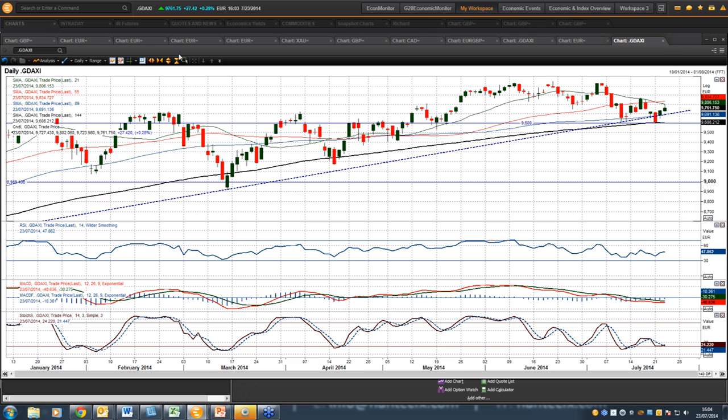Now, the caveat to that is the fact that DAX has been unable to break through 9,800 today, which is a bit of a pivot level on DAX. It pretty much hit 9,800, yeah, 9,802, so pretty much bang on, and then fell away. So you'd want to get DAX above that 9,872 mark before we start to get really more excited. And the reason being,